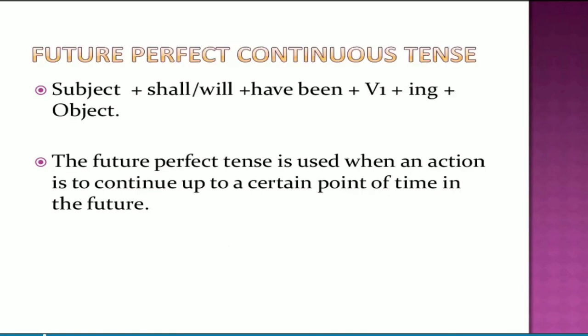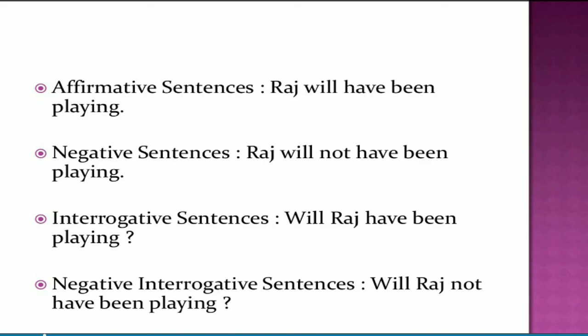So the next one is future perfect continuous tense. Subject plus shall or will plus have plus been plus v1 plus ing. So there is a lot of things to remember. It's a combination of future perfect tense and future continuous tense. That is why shall and will and have plus been plus v1 plus ing. All this is complicated. The future perfect continuous tense is used when an action is to continue up to a certain point of time in the future. So, affirmative sentence, Raj will have